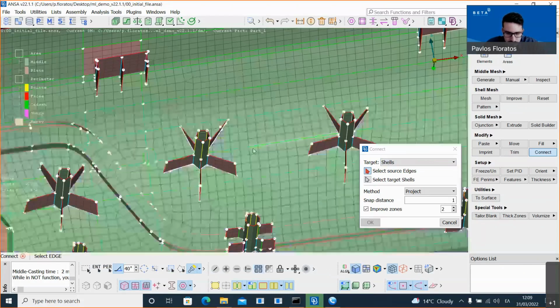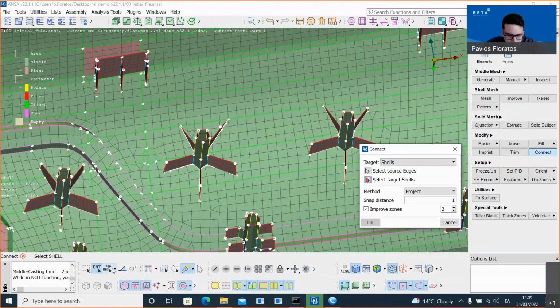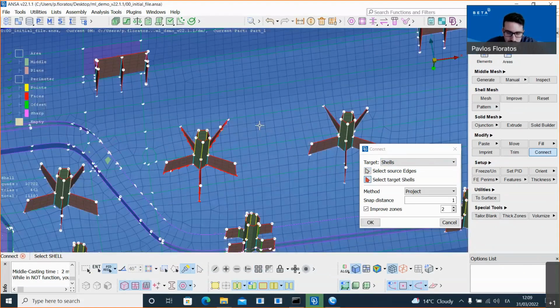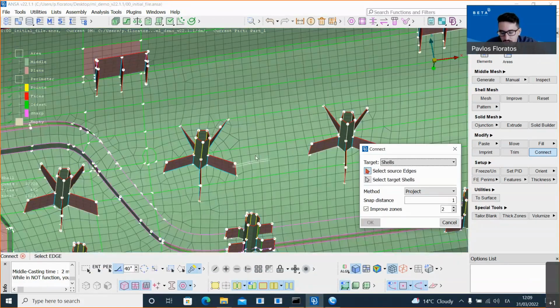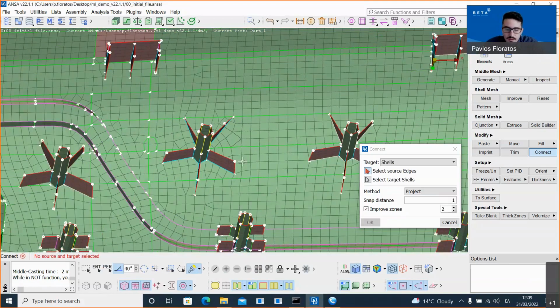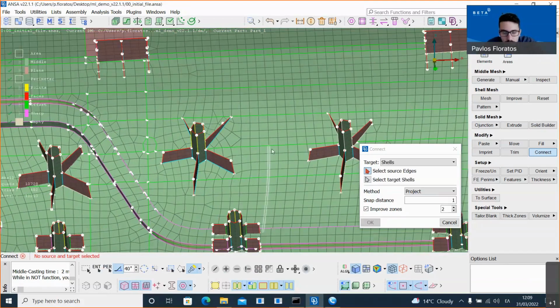Like this, confirm. I will select also the target cells, like this. And with this function, we can easily connect the clips with the rest of the part. But as I told you, this would be automated in the future.